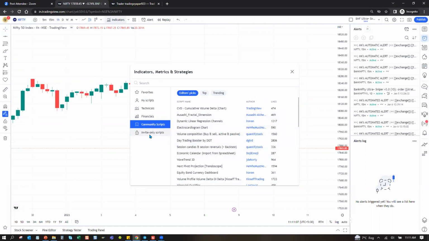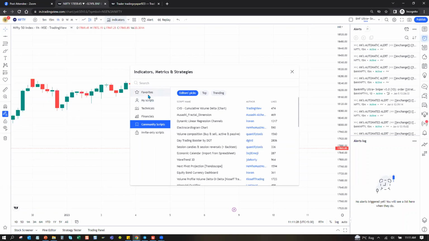This is the invite only script section, where people who have premium indicators or want to sell a paid version of indicators publish them. This is my scripts. Whatever you have coded will come under my scripts.